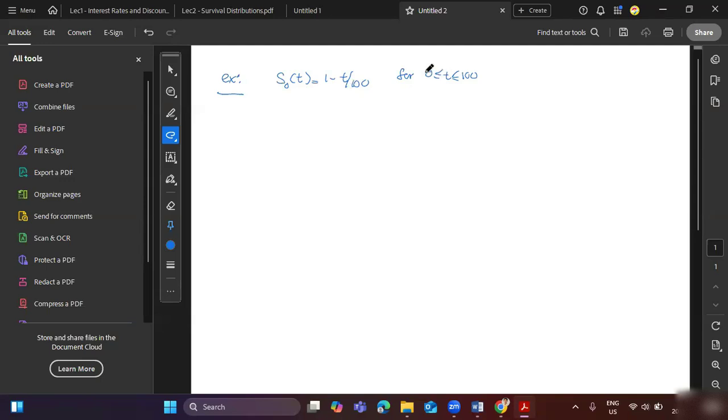Which means if you substitute 0, it should give 1, and if you substitute 100, it should give 0. That's how it works if you have a maximum age. And then for the cumulative distribution, the expression is this, which means if you substitute it here, you can find the cumulative